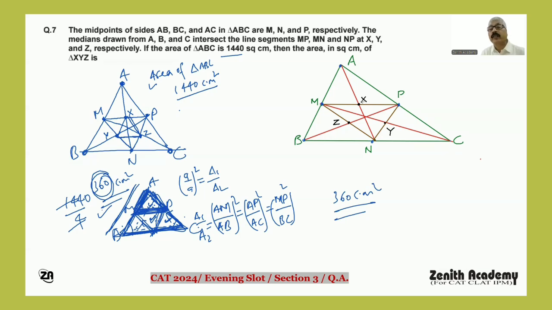अब इस क्वेश्चन में आपसे पूछा क्या गया था, आपसे पूछा गया था कि यू आर रिक्वायर्ड हियर टू फाइंड द एरिया ऑफ एक्स जेड वाई, इसका एरिया पूछा गया आपसे। ठीक है, इसका एरिया पूछा गया था। सो आई थिंक यू आर गेटिंग दिस। हियर यू हैव टू फाइंड द एरिया ऑफ दिस। अब ये क्या होगा, तो इट्स नॉट अ वेरी डिफिकल्ट टास्क।